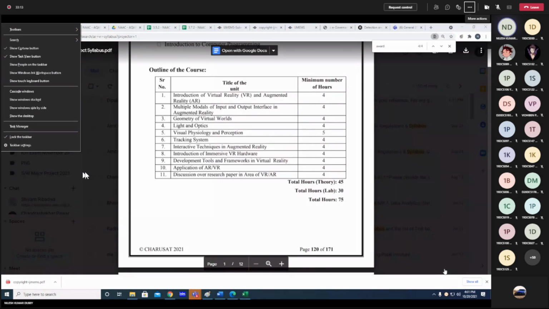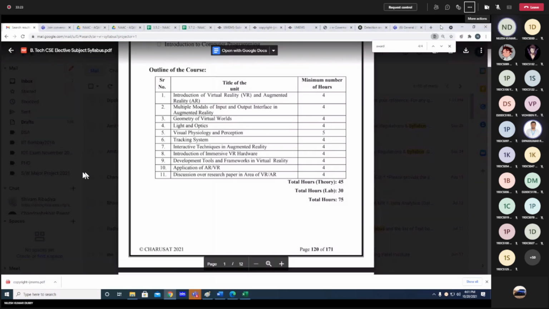Actually, based on your selections, we are going to allocate the faculties, right? So before selection, how can we give the faculties, right? So it is not possible. Trust me guys, no one will reveal to you which faculty is going to teach until you select the subjects. So you do your work, and the timetable committee and department will do their work.